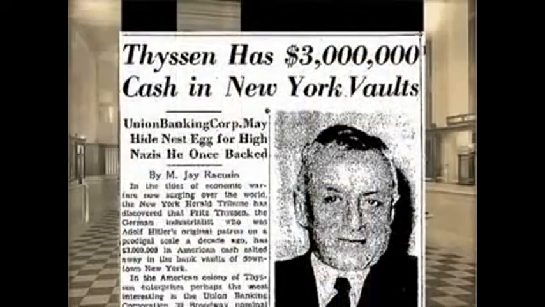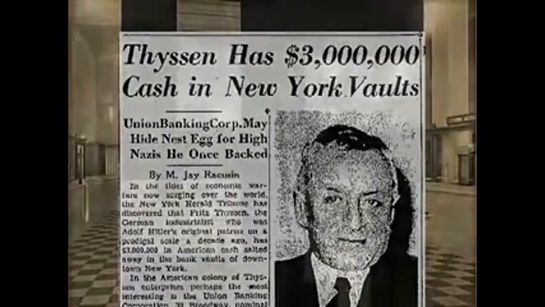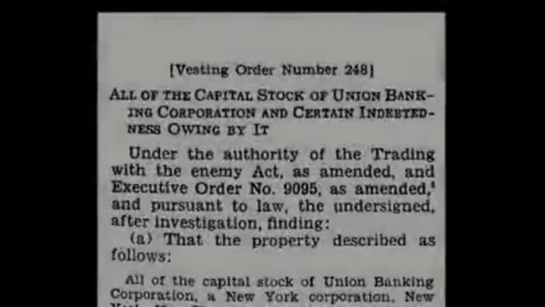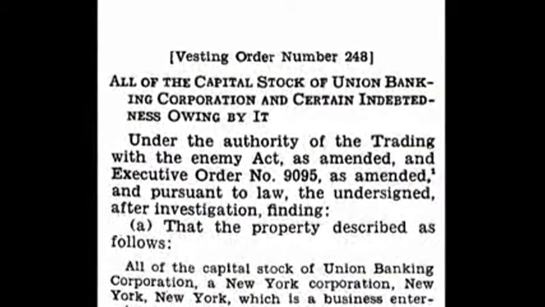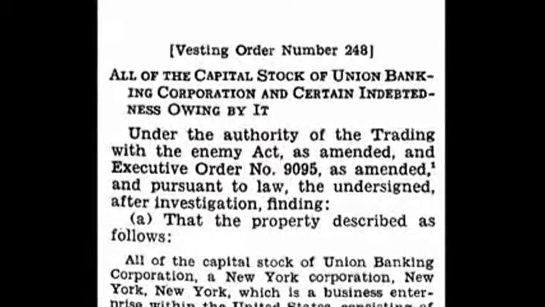One other treasonous organization worth mentioning is the Union Banking Corporation of New York City. Not only did it finance numerous aspects of Hitler's rise to power, along with actual materials during the war, it was also a Nazi money laundering bank, which was eventually exposed for having millions of dollars of Nazi money in its vaults. The Union Banking Corporation of New York was eventually seized for violations of the Trading with the Enemy Act. Guess who the director and vice president of the Union Bank was? Prescott Bush, our current president's grandfather, and of course our former president's father. Keep that in mind when considering the moral and political dispositions of the Bush family.